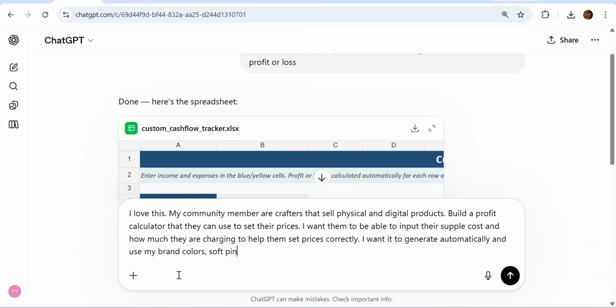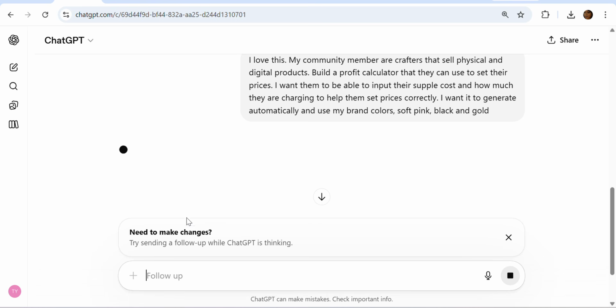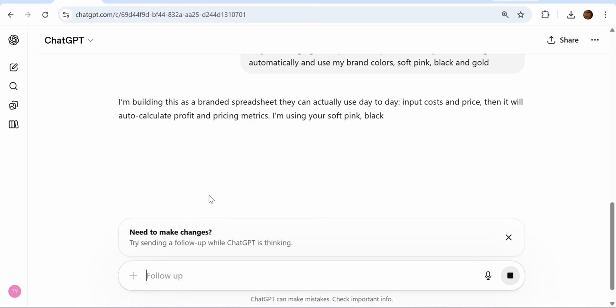Soft pink, black, and gold. Okay, let's see what it comes with. That ain't the best prompt, but I'm just showing. I just want to show y'all how easy it is to just communicate with chat and let chat do the